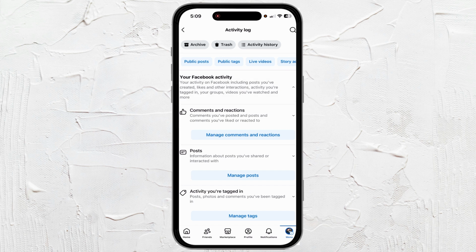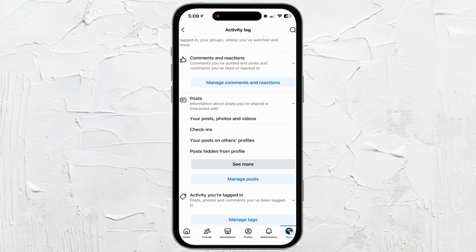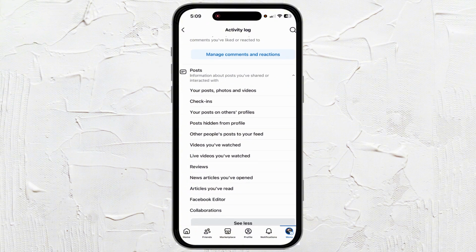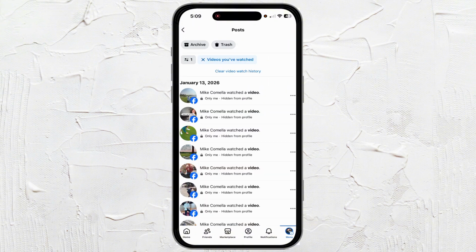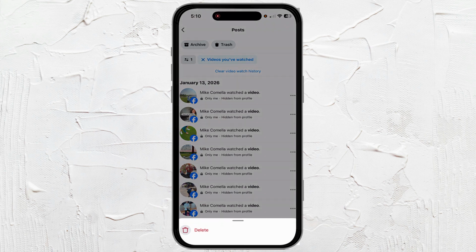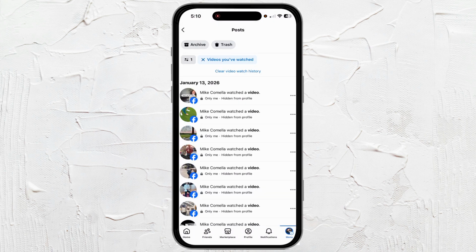Stay at the top where it says your Facebook activity and go to post. And then from here, you just want to click see more. And then you'll find the videos you've watched. So from here, you have two options. You can go ahead and hit the three dots at the far right side and just delete everything individually, or